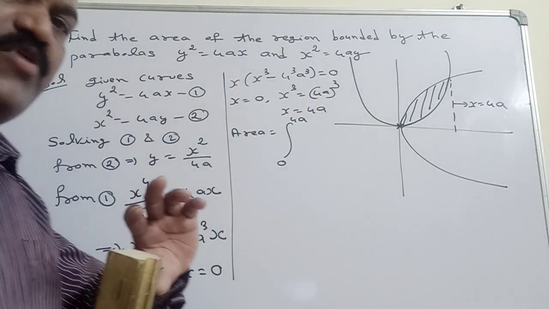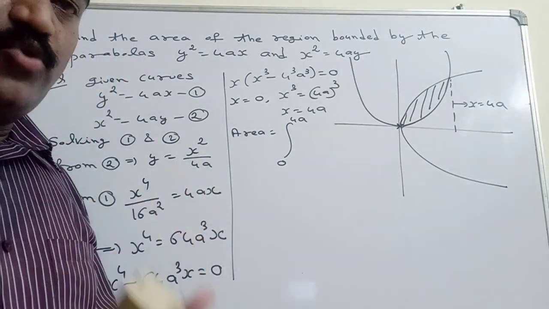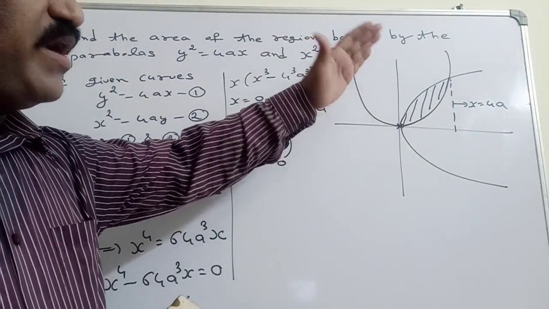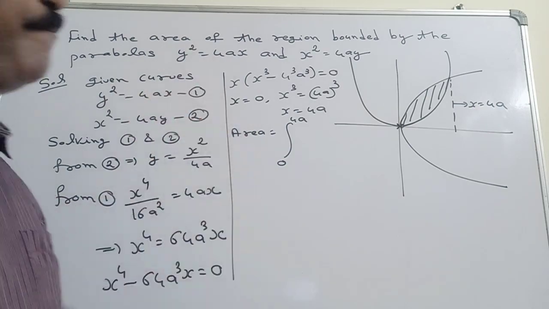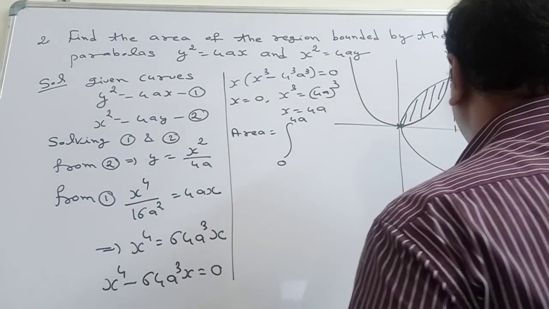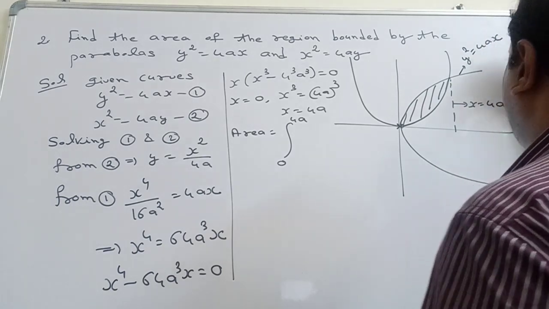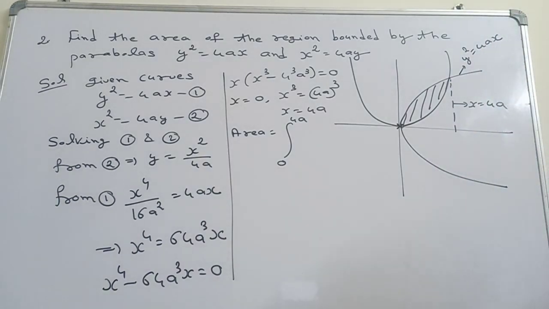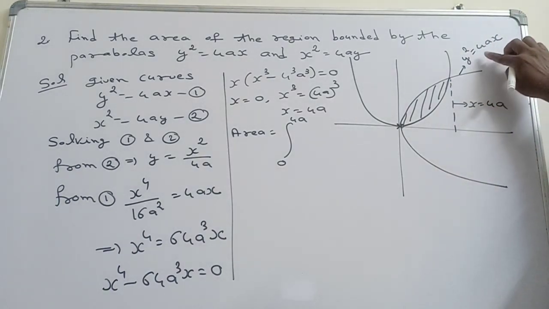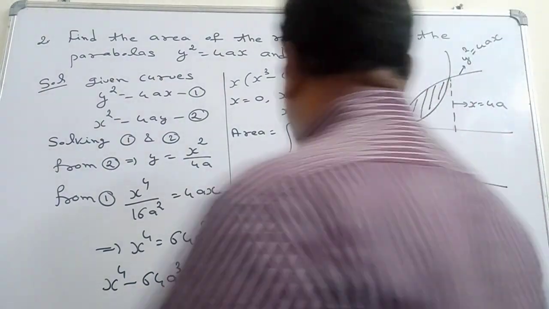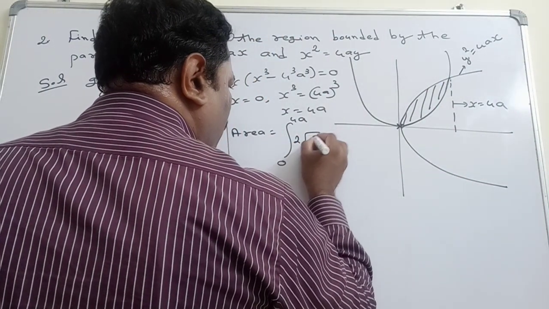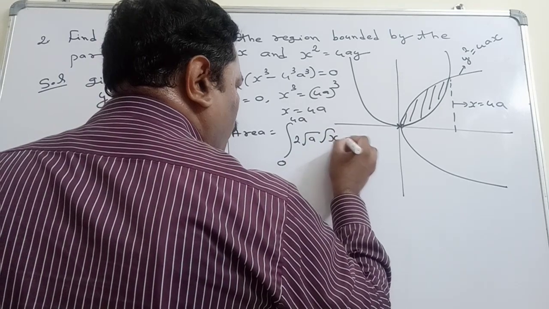To find the area bounded between the two curves, already I told you that you should take upper curve minus lower curve. Where the upper curve is y square is equal to 4ax. From that, the value of y is equal to under root 4ax, that is 2 root a root x, which is the upper curve, minus